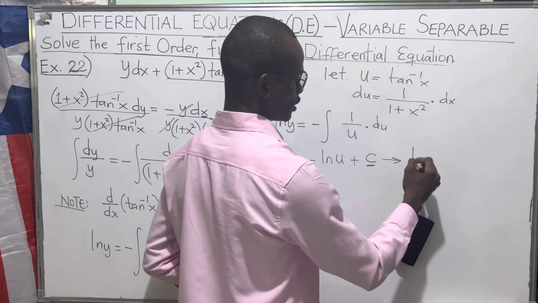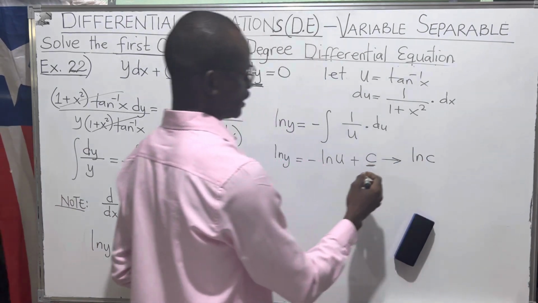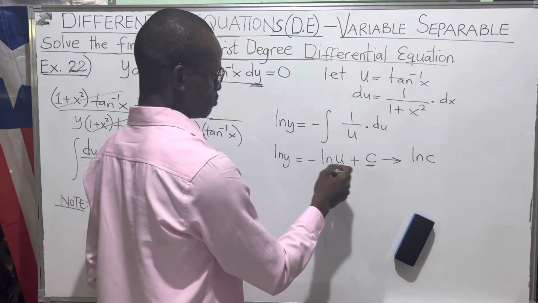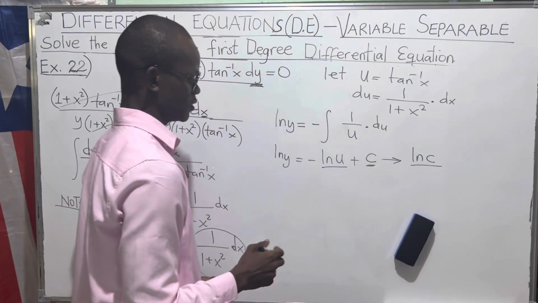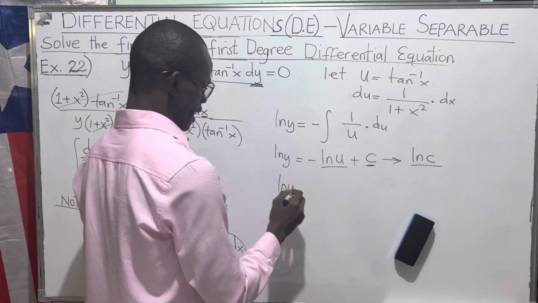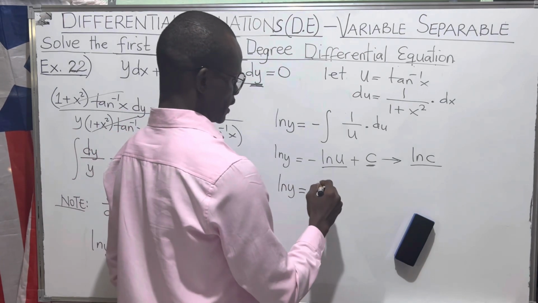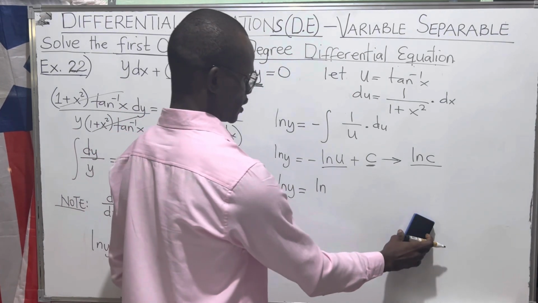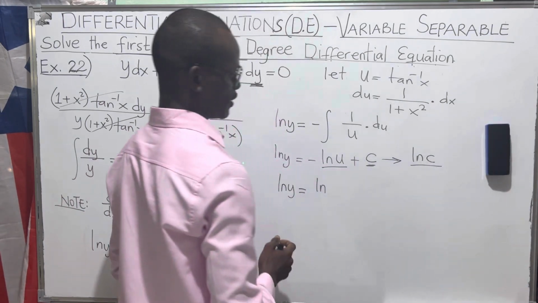So I can choose ln of c. I'm choosing ln of c because I want to simplify ln of u and ln of c. So I have ln of y equals ln of c,